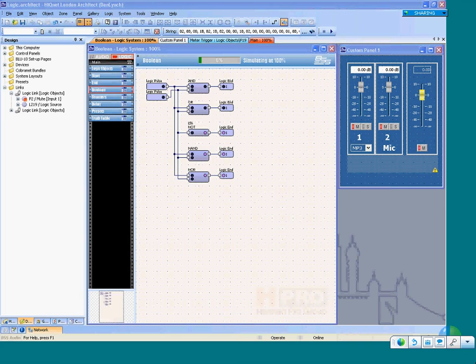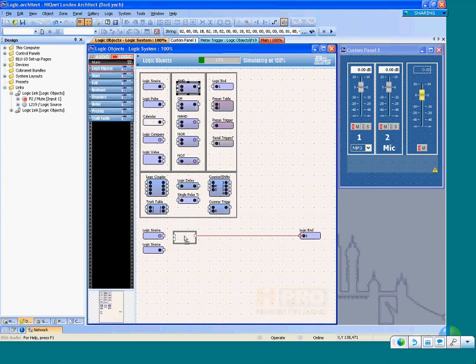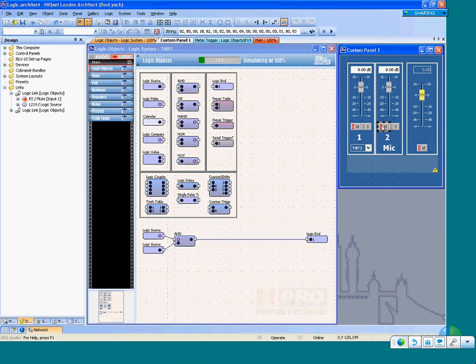Now, how we can use those, there it is. The way we can use those, I had to put my cheat sheet up here and make sure I do this in the right order, is to grab an AND and thunk it down right there. Oops. Move my wire back a bit. If I wire these two together, and then I program an association or a link between the channel 2 mute and the second logic source,